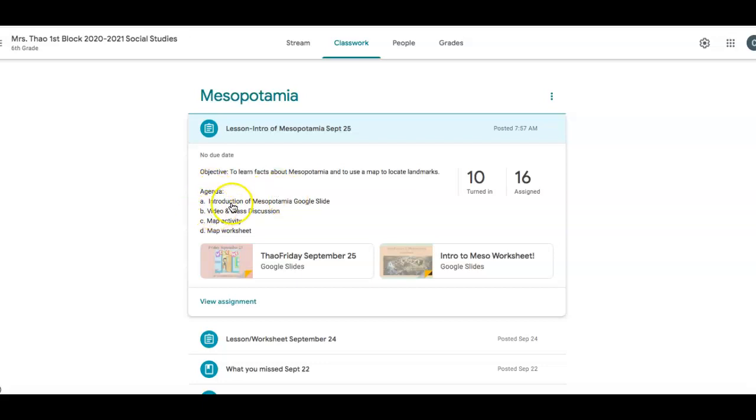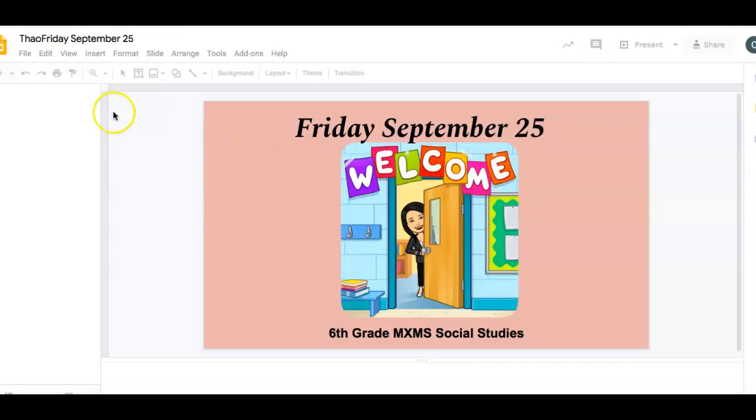And our agenda is the Introduction to Mesopotamia Google Slide. We'll do a video and class discussion. Then we have a map activity and map worksheet. Okay, so this is your worksheet here, and this is your Google Slide. Once you click in the Google Slide,